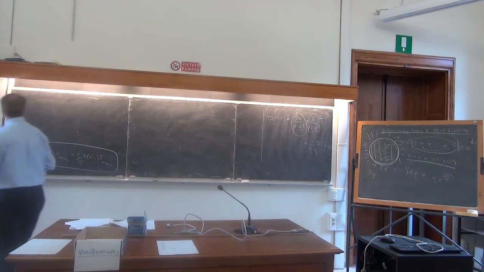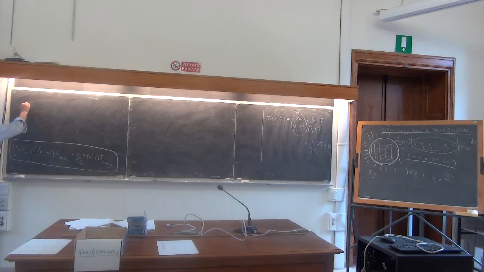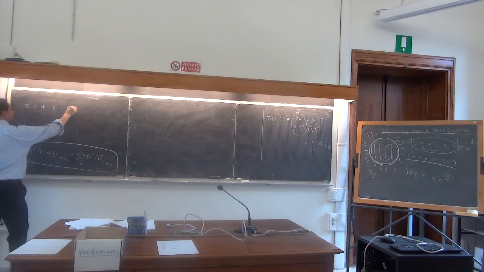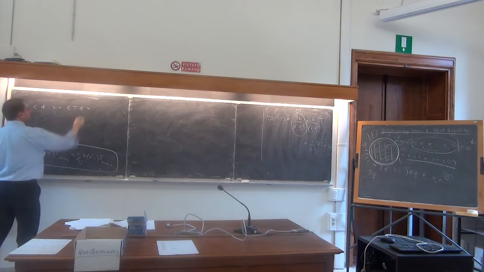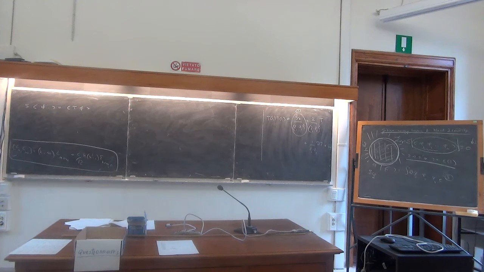Remember what the computation was. The variation of a correlation function is as much as the insertion of T. Okay? So this was our one direction. And now let me take for T exactly T. So the variation of T is